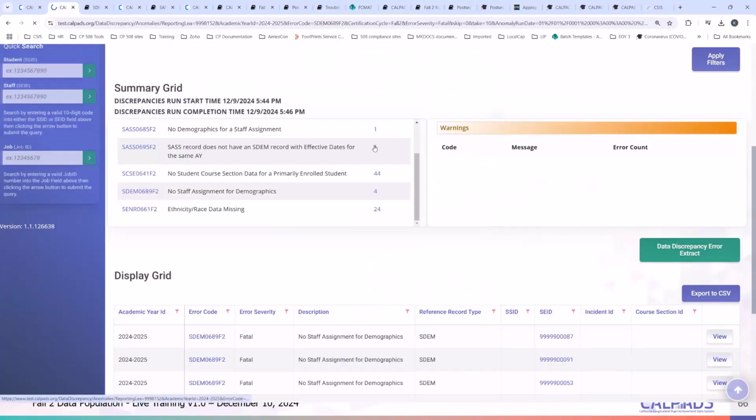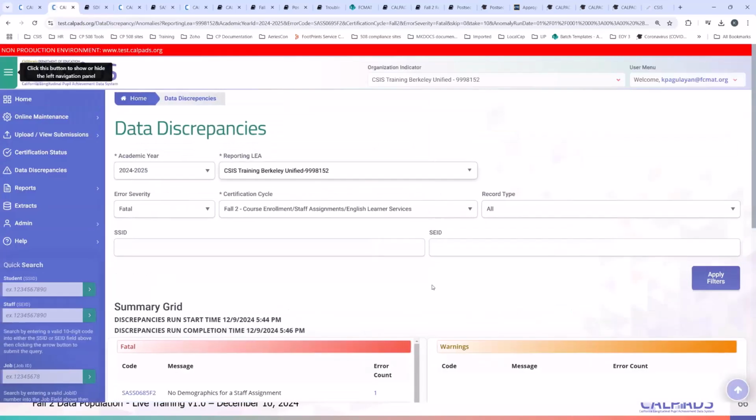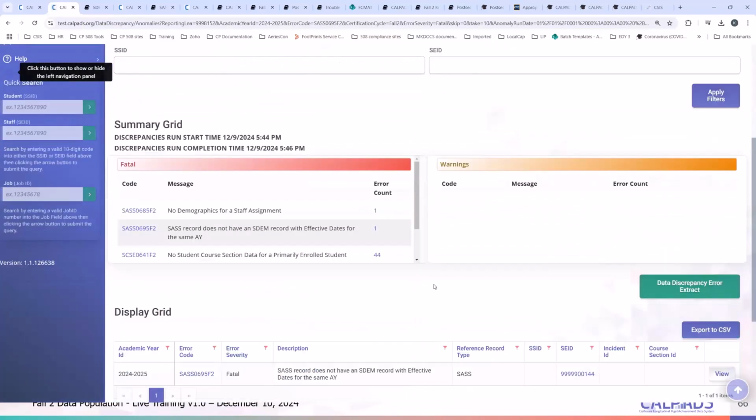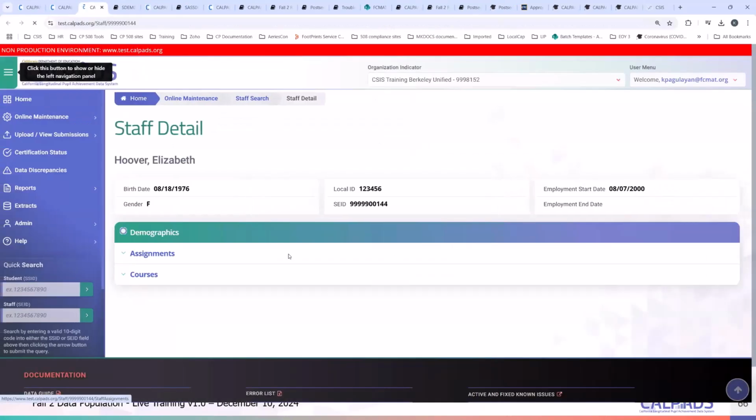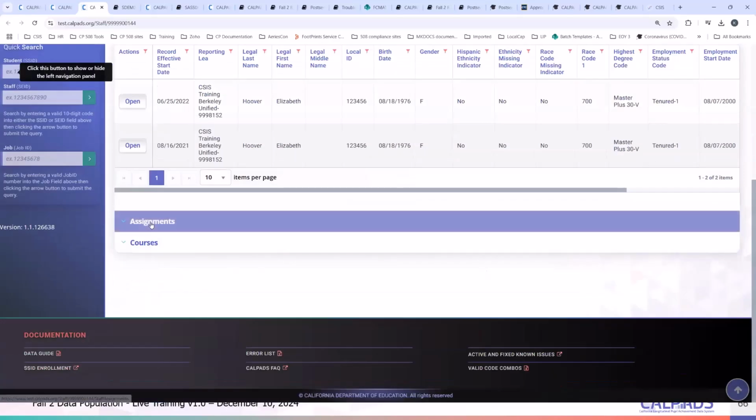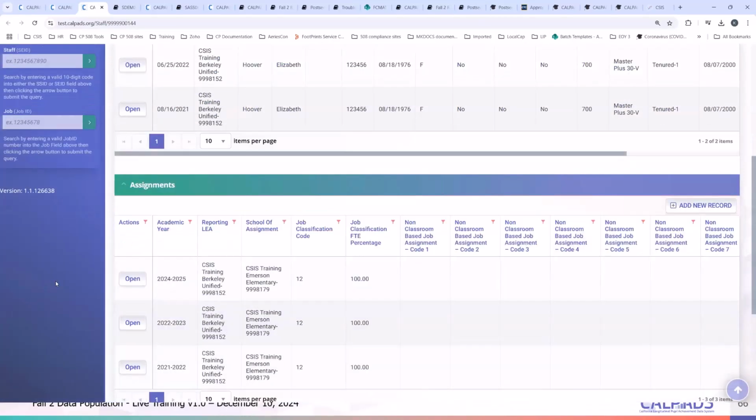Let's do one more. Another error that will be enforced this year is the employee on leave error. So in CalPADS, let's say I report this staff member. Since this staff member is still the teacher of record, obviously this teacher should have an FTE of greater than 1%, based on Flash 293 and all of the guidance, right?